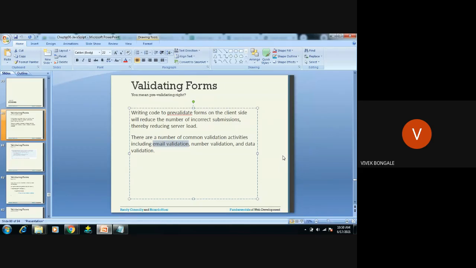Apart from this, if we try to give anything else, the browser should say that what you're writing is wrong. It is invalid. Number validation means what? Number validation means for numbers, like a phone number, if we use alphabetical letters in place of the phone number, then it's invalid. So in this particular concept, we're trying to validate the form and validate the number. We try to find out these two.